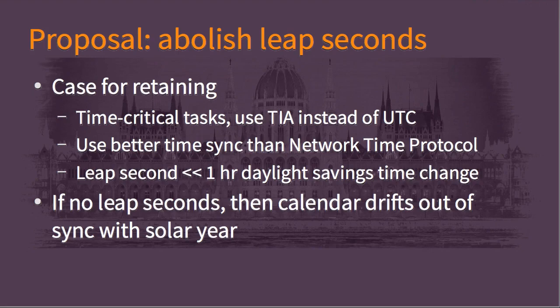And regarding the disruption that a leap second causes, you can make an observation that daylight savings time already introduces a 1 hour long, a 3,600 second long disruption in calendars twice a year. And compared to that, a leap second, which occurs some but not all years, and it's just 1 second long, is much less of a change. And finally, if there were no leap seconds, then the calendar would drift out of sync with the solar year. And summer, instead of being in August, would move to a different part of the year. And I expect that people would find that disorienting.